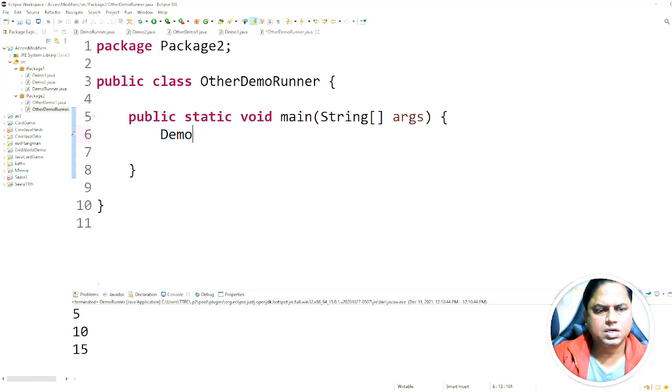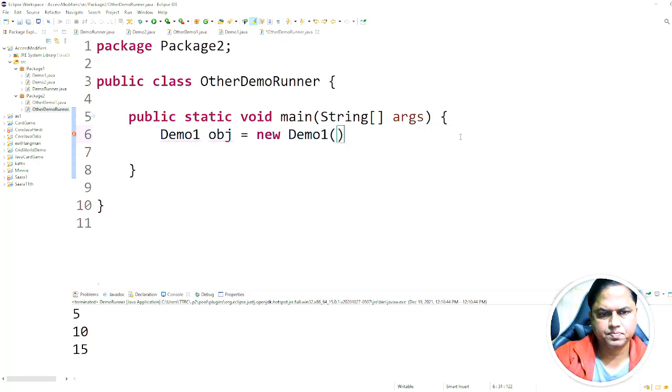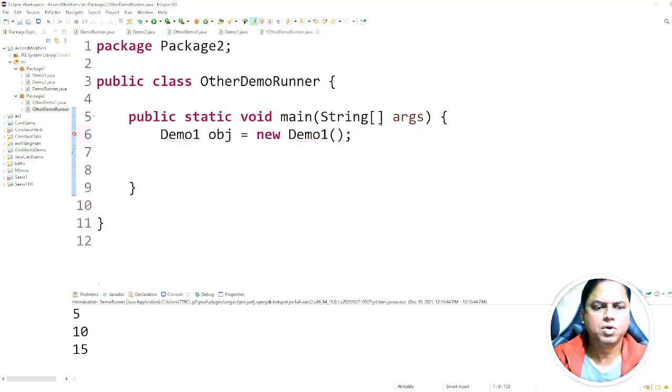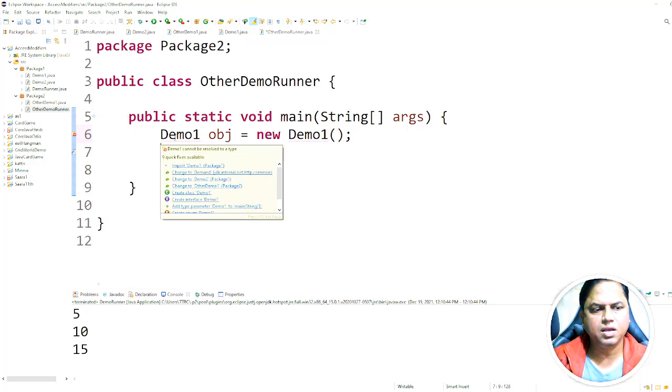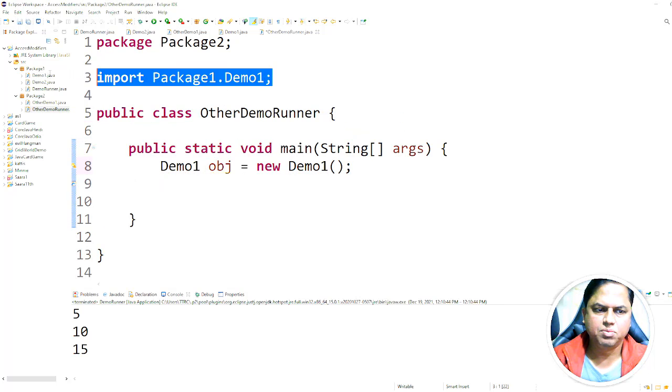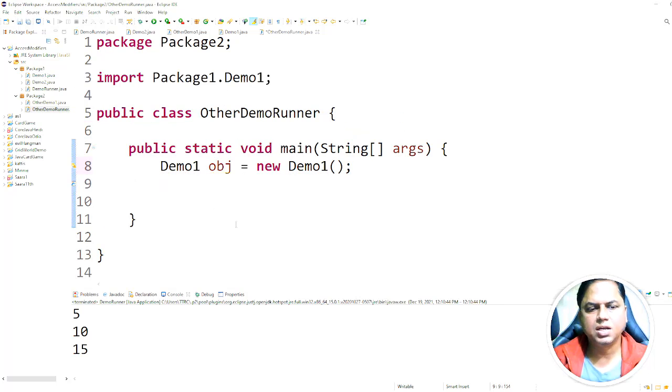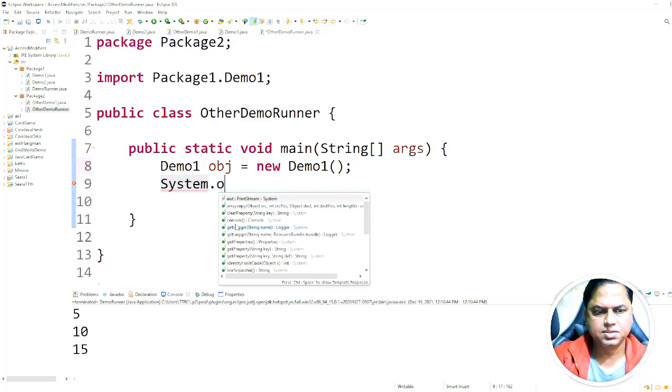Now let us create an object of Demo1, but as Demo1 is within another package, we have to import that. So I have imported package1.Demo1. Now I will try to print